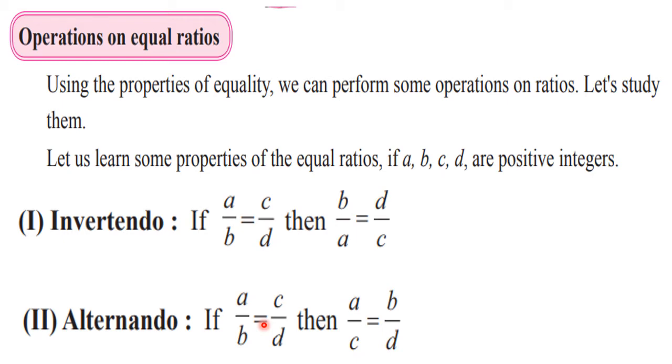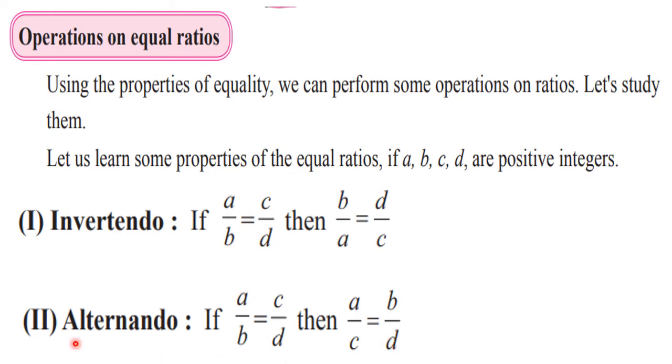Okay. So if A upon B is equal to C upon D, then A upon C is equal to B upon D. See, this we are altering. These positions we are altering. We can do so. See, when C is in multiplication here on the right hand side, we can bring it in division. And B is in division, so we can take it in multiplication here. Okay, so that means we are using properties of equality. So here the position of B and C is altered. Similarly, you can alter the position of A and D also.